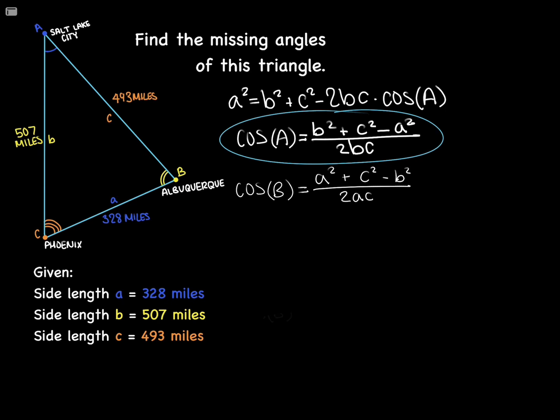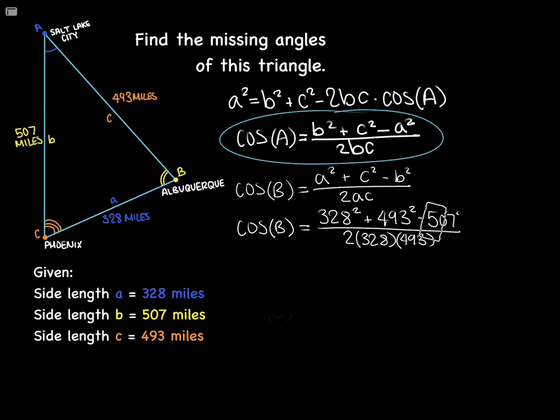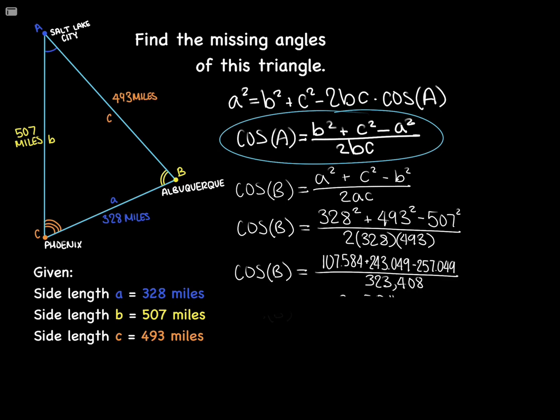Now let's plug in the numbers. The cosine of B equals 328 squared plus 493 squared minus 507 squared over 2 times 328 times 493. We then get the cosine of B equals 107,584 plus 243,049 minus 257,049 over 323,408. The cosine of B would then be equal to 93,584 over